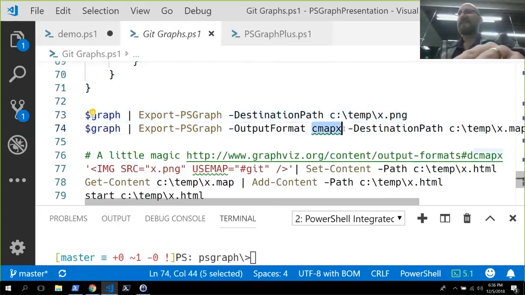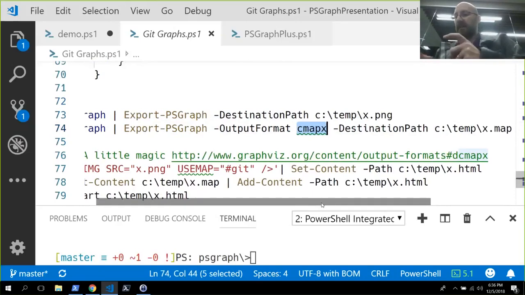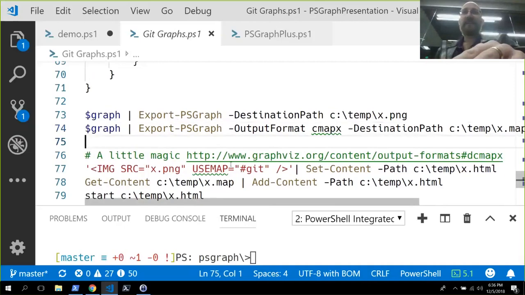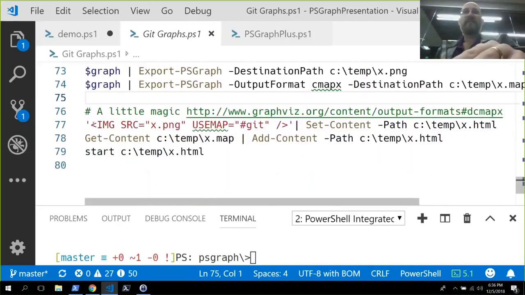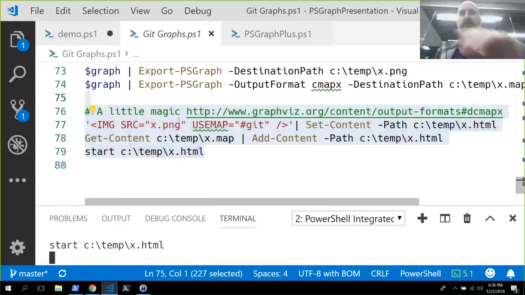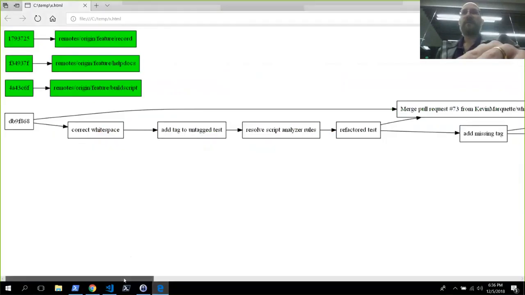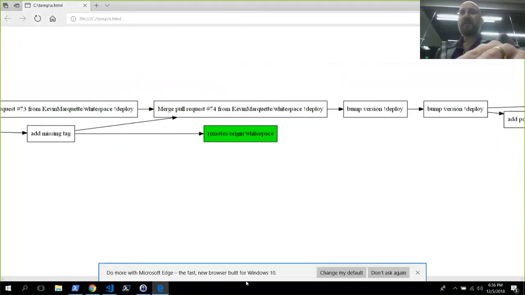The second is a CMapX. I had no idea what that was, but it's basically a mapping showing hot zones over an image. So if I just generate this mapx file, and then I do a little HTML magic to create an HTML file that contains those things, basically, when it runs now, I can go to any one of these commits, and if I click on